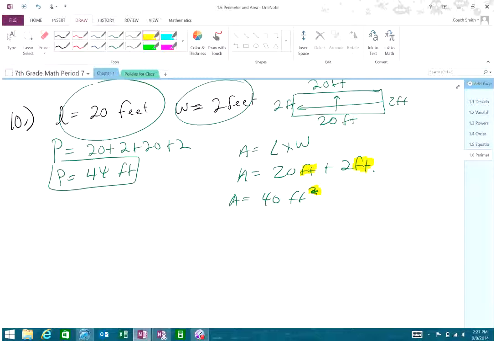Okay, I want you to try 12 and 14 on your own. Do number 12 and number 14 on your own. You will need to find the perimeter and the area to both of them. I'm on the section that we're doing. Okay, I'll give you about 5 minutes to get those